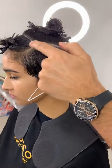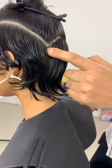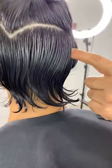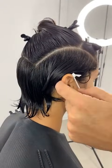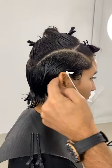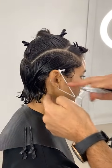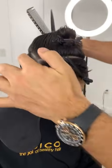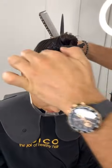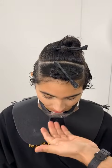With a very strong C-curved section all the way to behind the ear, then another C-curved section, and then another C-curved section. Basically, we're working parallel to the hairline, which is a C-curved section through here, okay? And then with the front, we've isolated the fringe with another, look, you just look down for us, with another slight C-curved smiley section through in there, because we want to work the fringe shorter and I want it to